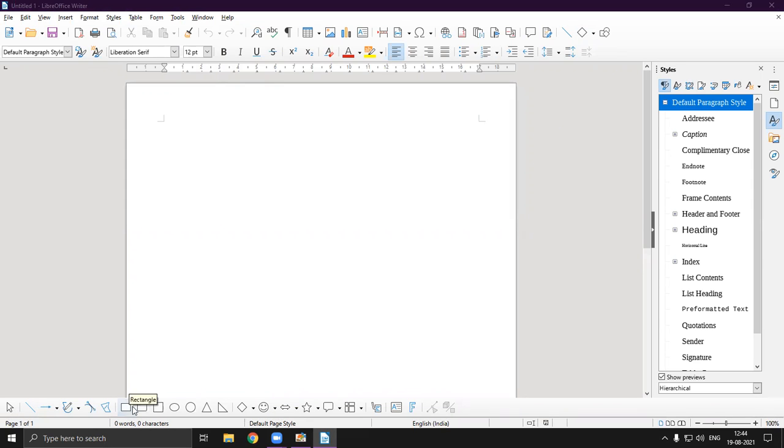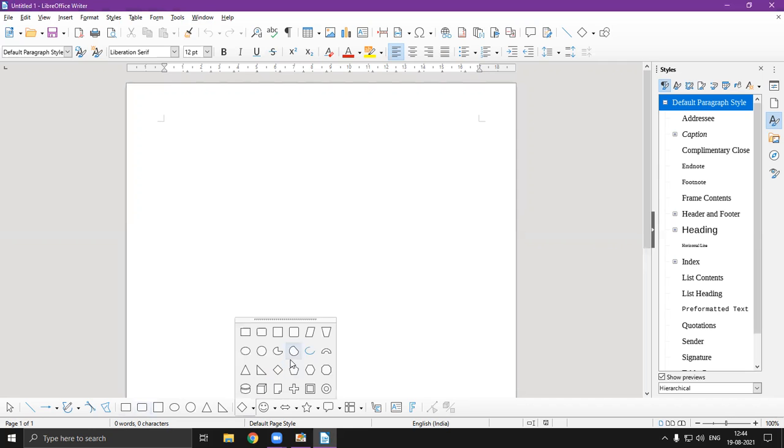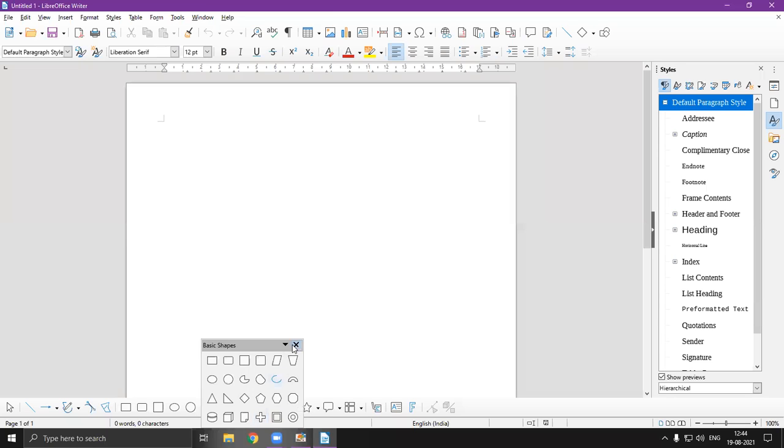Here is the rectangle, the rectangle with rounded corners, square, ellipse, circle, isosceles triangle, and right triangle. Here you will find basic shapes, and if I click here, you will find several kinds of shapes.